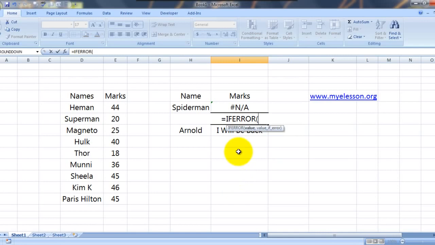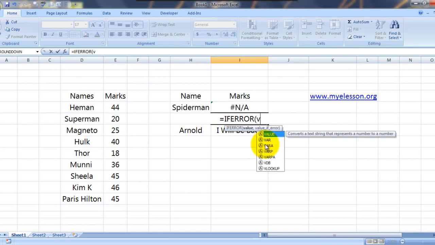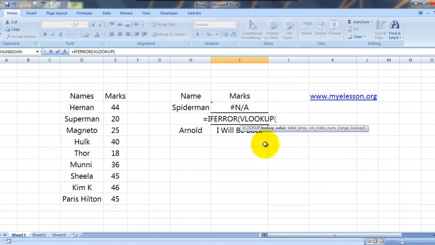IFERROR formula actually says give a value and a value if error. If it is able to find an appropriate value, it will display the value, or else it will display what you specify when the value is not found. So how to get the value? I use VLOOKUP over here to find the value. What am I looking for? I am looking for Rambo. I select that, comma, table array.